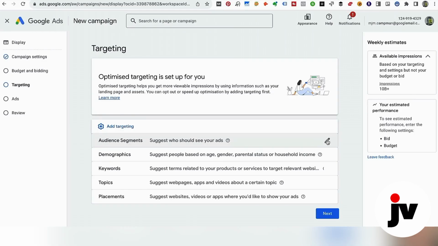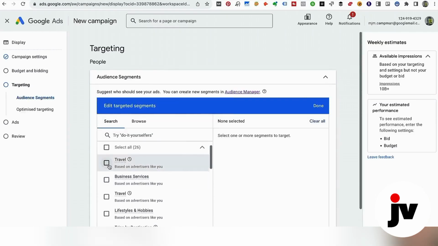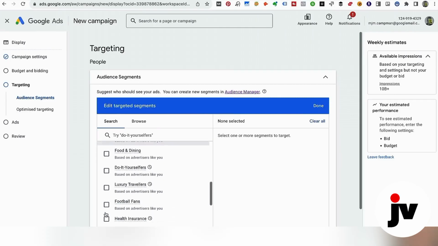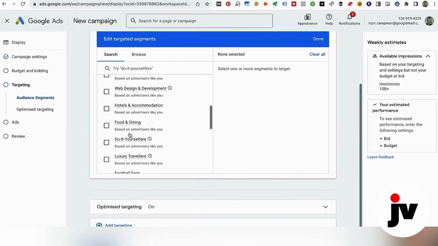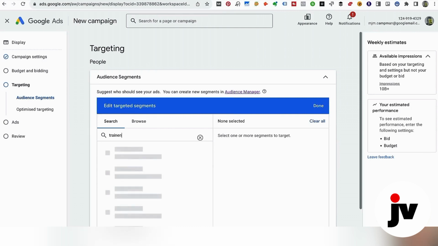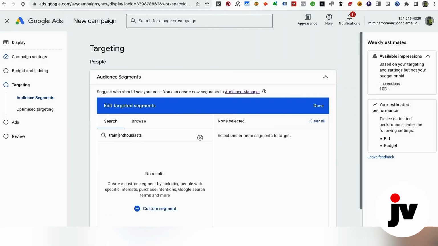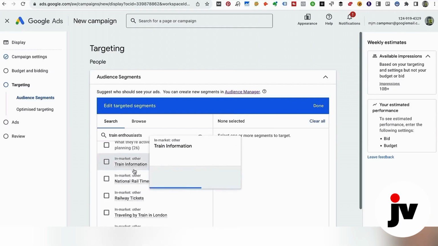And so look at audience segments. That is where you can select audiences who are particularly interested in travel or lifestyle and hobbies, and there are literally hundreds of segments that people can select. You can search for any segment. Let's do train enthusiasts, just taking a random topic. Let's see what comes up. And here is train information,